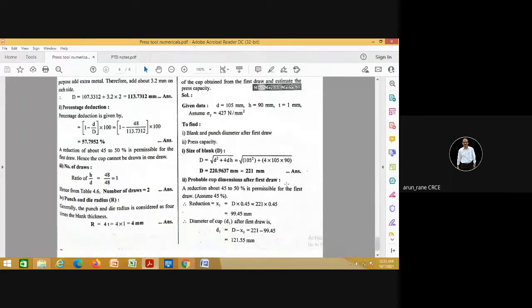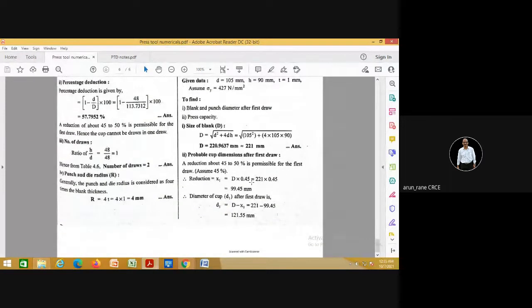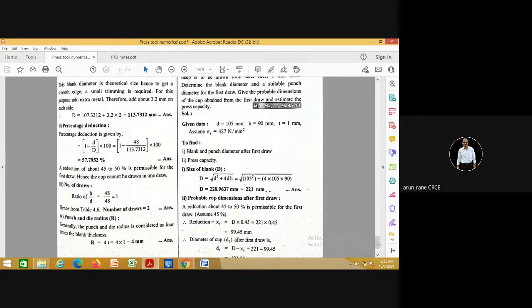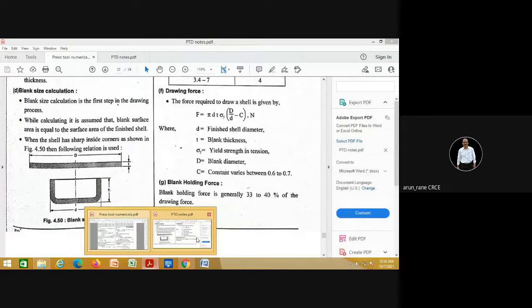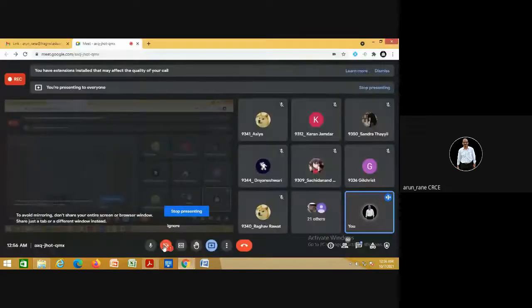Okay, so here we end our sheet metal operations. You don't have term work practicals. Otherwise, in term work and practical, usually I take a complete progressive die design. In that you have to do some more calculations, that is, how to fix the length, width, and thickness of the different plates, how to estimate the number of bolts, how to decide the size of the bolts and nuts, how to decide the guide pillar and guide bushes.